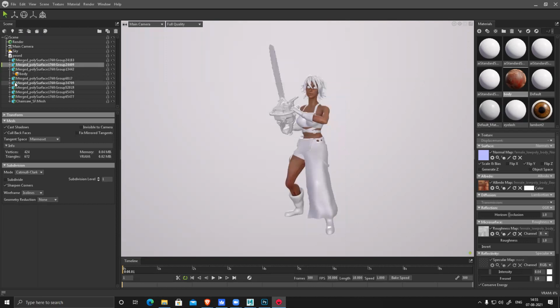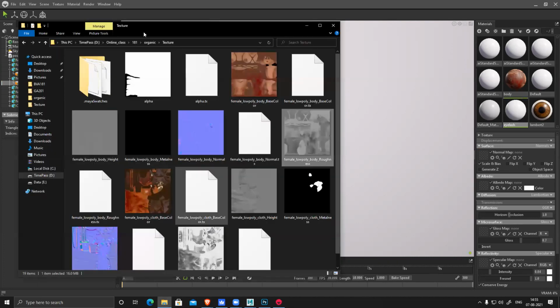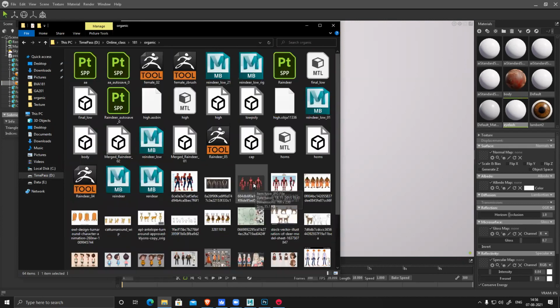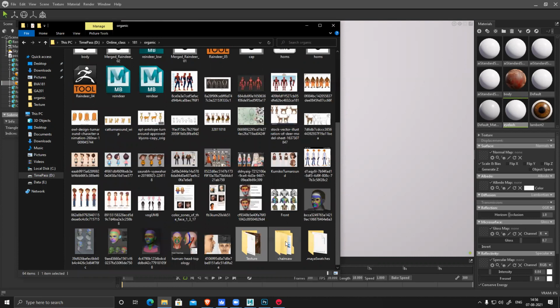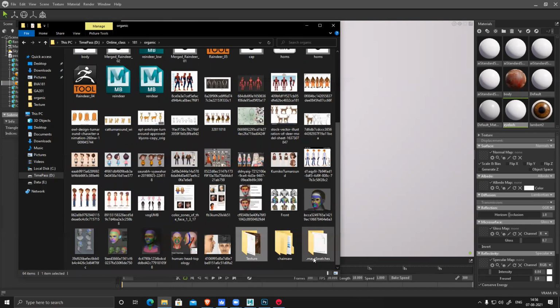Body is done. Eyes. Let's finish all this. Eyelashes. Where are these eyelashes?